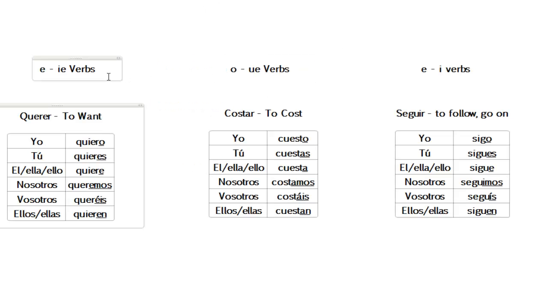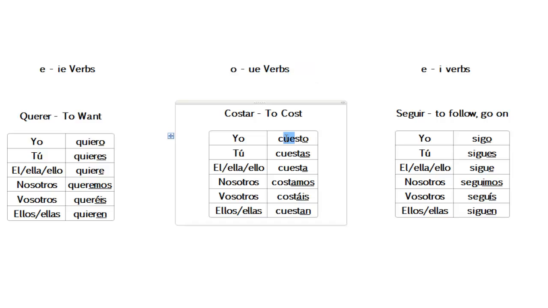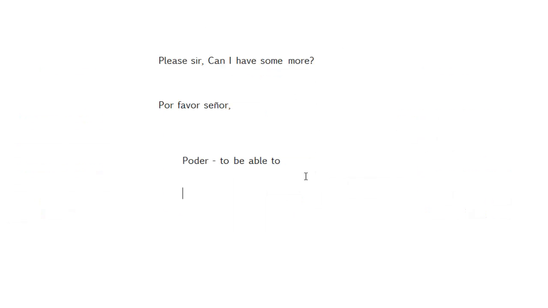Let's look at our grammar. It's one of these verbs, the water verbs. Okay? Alright, so we're going to change this, the root. Okay? So it's a water verb. So you could say, please sir, can I have some more water? Let's change that a bit so you can remember it. This is a good mnemonic, this. Please sir, can I have some more water?